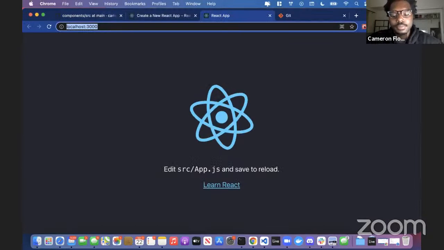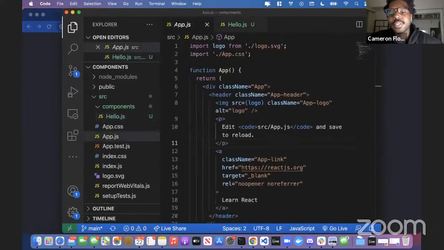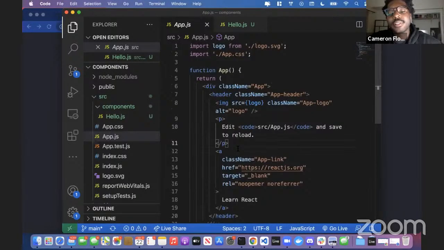So in order to do that, we can learn a lot from this app component of how components are structured. There's two ways to structure components, and we'll talk a lot more about this in the future. We can create what are called class-based components or functional components. So for the sake of making it easy for myself and for y'all time-wise, without talking too much about what's going on, I'm actually just gonna make another functional component